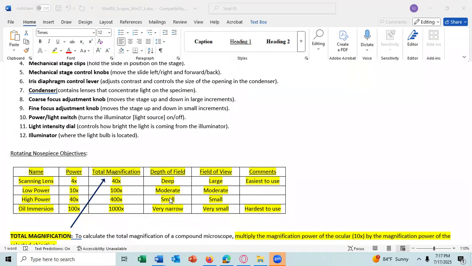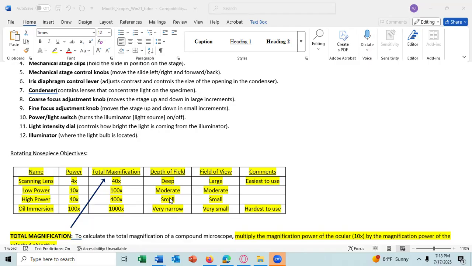With the 40x lens, the depth of field is even smaller. You can now only see from the very top down to about where I have the paper, a little bit of the specimen. For the 100x lens, you're really only seeing one plane through the specimen, exactly where the paper is. At the very top, you're only seeing the very top. You're seeing nothing of the depth of the specimen. So the depth of field is very narrow with the 100x lens.